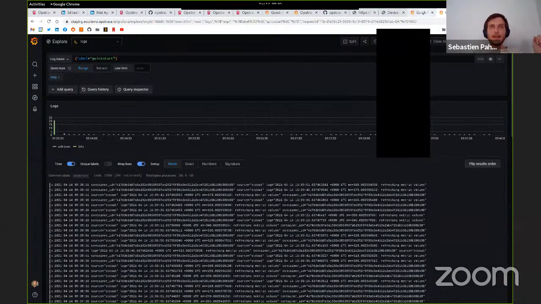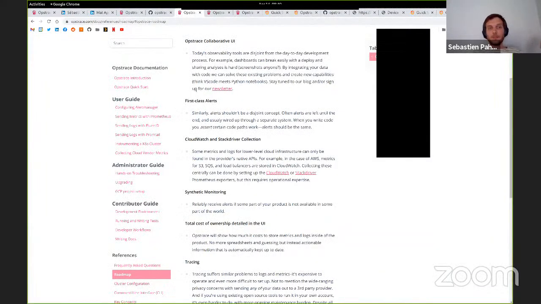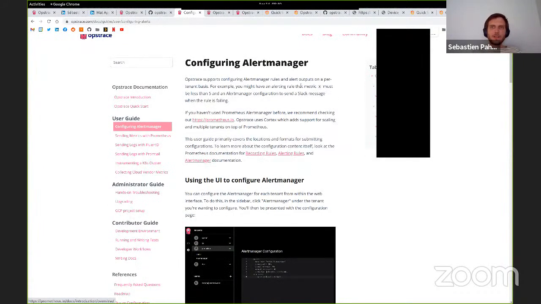What we can do beyond that is we can set up things like alerts. Alerts are interesting. We've barely started with alerts inside of Opstrace. What we've done is decided, let's make the alert manager from Prometheus and Cortex very easy to use. How do we add things to it so that an end user can use it without too many complications?